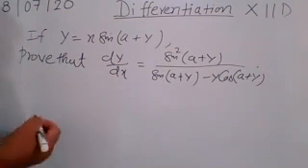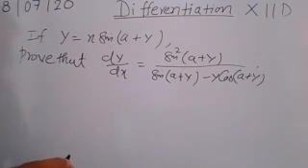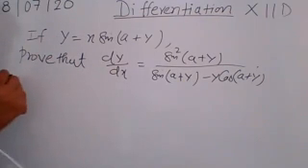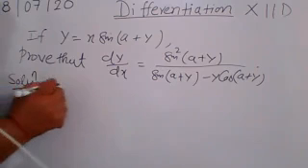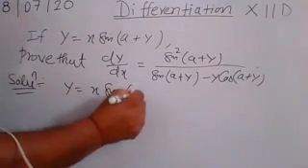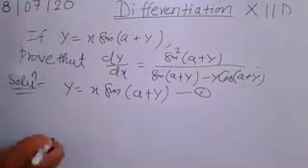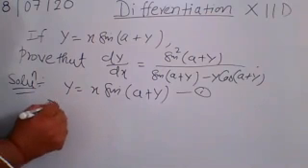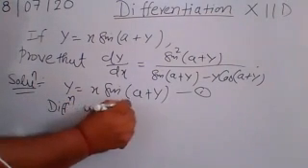So what you do, first of all, you write the given equation and differentiate it with respect to x. Let's do it together. So first of all, here you write y is equal to x sine a plus y, and suppose that is your first equation, and differentiating with respect to x,